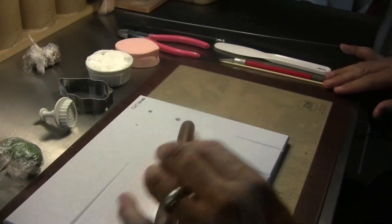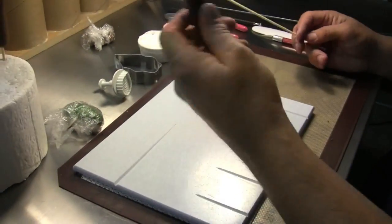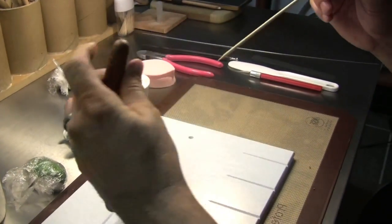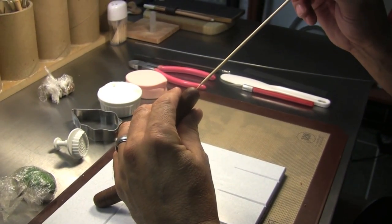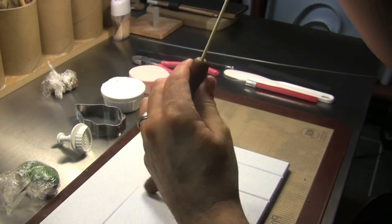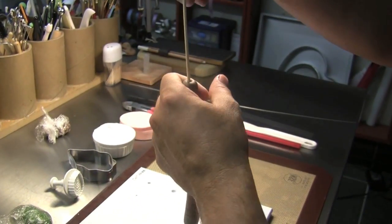So that's just a simple summation of how to do those lines. Then you're going to take your wooden skewer and place it in either side, because we're going to utilize both sides. So you're going to place it in there, pointy side in, and then you just kind of work it in, kind of feel, make sure